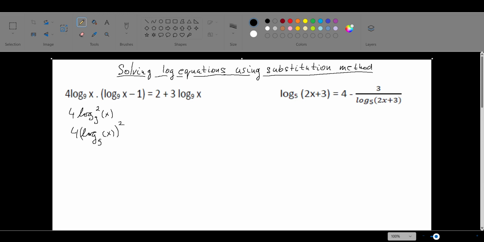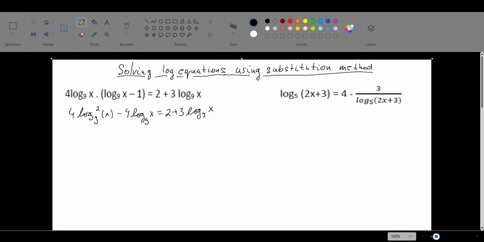So let me now continue with multiplying, and the second term on the left side of our equation will be take away 4 times log base 9 of x is equal to, and there is nothing to be done on the right side of the equation, so it remains the same. And now we came to the equation where you can see that you can use